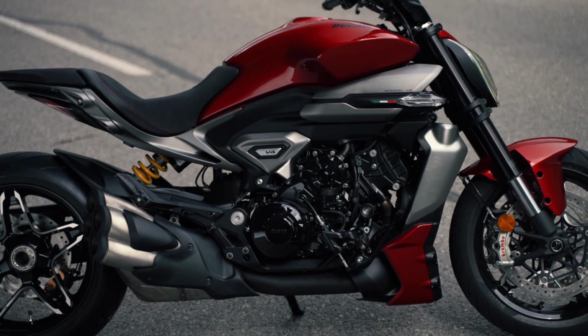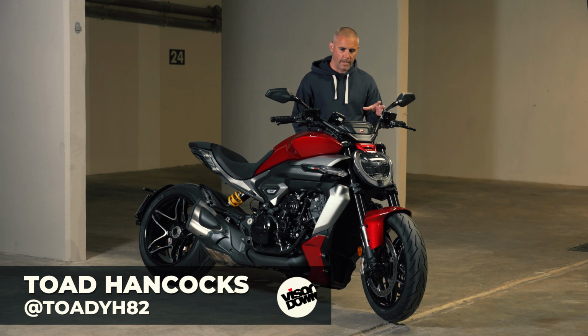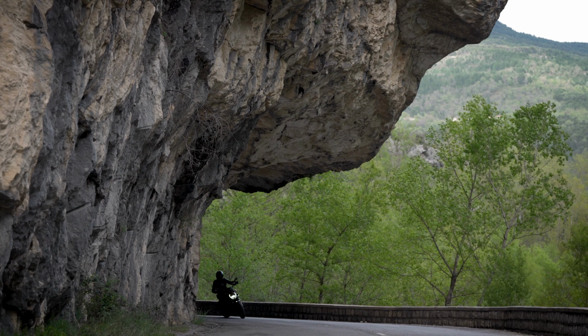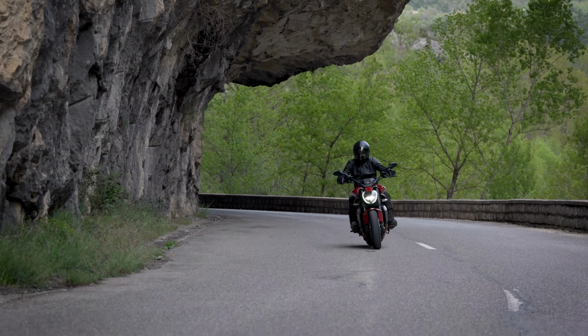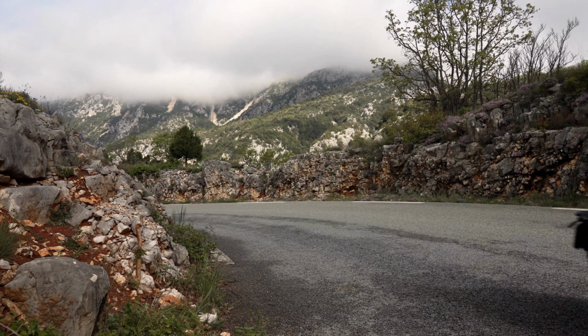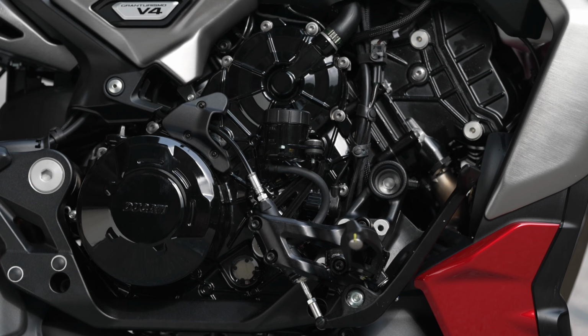I was a big fan of the V2, the old 1260 motor was an absolute gem. I loved it in pretty much every bike it was in. But it changed to the V4, and do you know what? It did win my heart over with that engine character, that rich spread of torque, and also the punchy top end that you get from that Granturismo V4 engine. But they haven't just left it alone, they've fettled it and they've played with it, and this is the latest